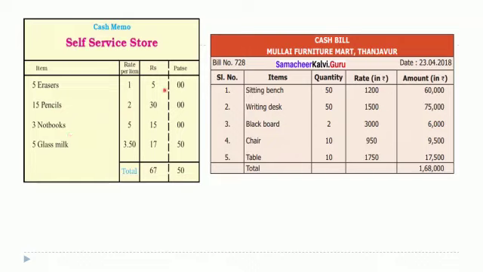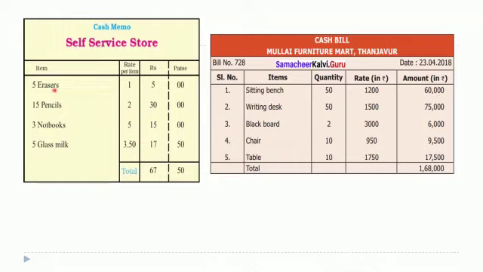एंड व्हेन वी आर राइटिंग नेक्स्ट वन रुपीज एंड पैसे, it is for 5 erasers. Now you are writing here the cost of 5 erasers, 5 rupees. Here the cost of 15 pencils, because one is 2 rupees, so 15 pencils will cost 30 rupees.